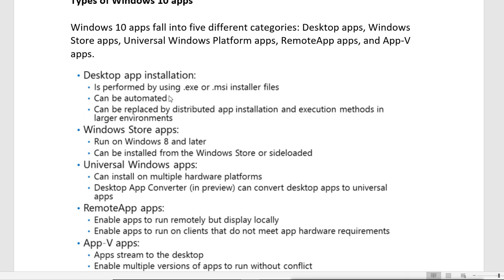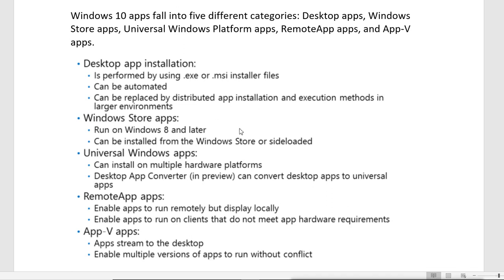First, desktop applications. Desktop app installation is performed by using .exe or .msi installer files. This can be automated and can be replaced by distributed app installation and execution methods in larger environments. This is called a desktop app because we see these apps on the desktop.